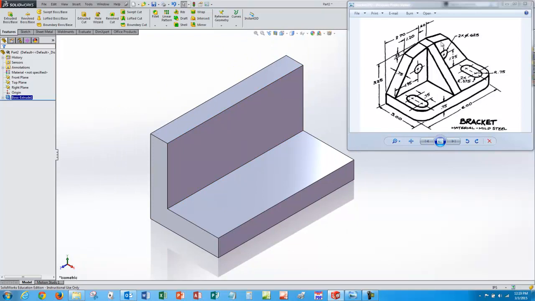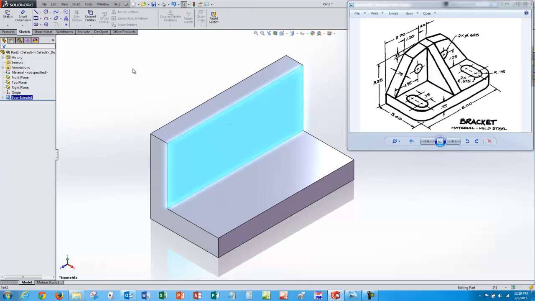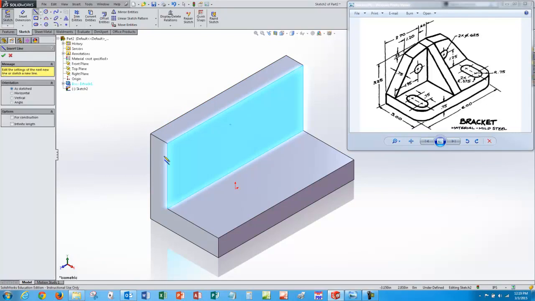I'm going to do this side first and then do a mirror. So I need to make a sketch to define this piece that gets cut away. So I'll go back to my sketch tab, select that face, and go into sketch mode. Leave it in ISO view here so I can see a little better what I'm doing. Go to my line command, and I want to cut this part out, so I want to draw that piece on the sketch here. So I'm going to start at this corner,